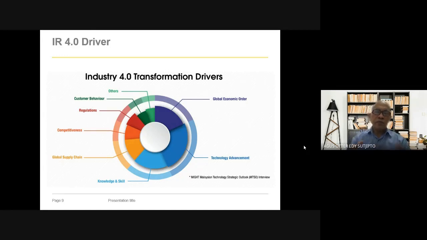Many of the members talked about the status of the industry in Malaysia, which level, 1 or 2 or 3 or 4, something like that. There was much discussion, and we saw that Malaysian small and medium enterprises were at the 2.0 to 2.5 level in the industrial revolution.